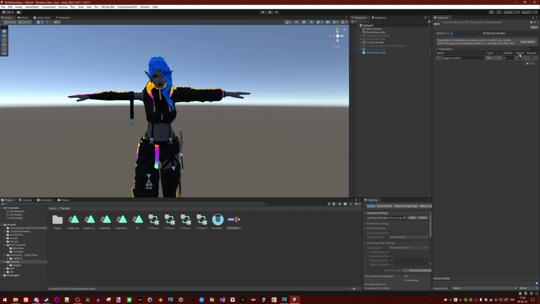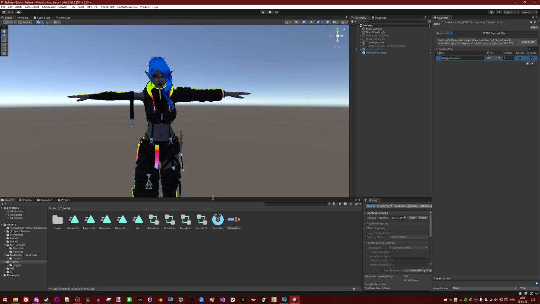Saved means that if you change world, the parameter will keep its value, which is honestly not important. I don't think it's important if your dagger was in the right hand, that it's still in your right hand if you switch worlds, but you can check it if you want, I won't. Synced, you have to check synced, otherwise the other people will not see your dagger move.